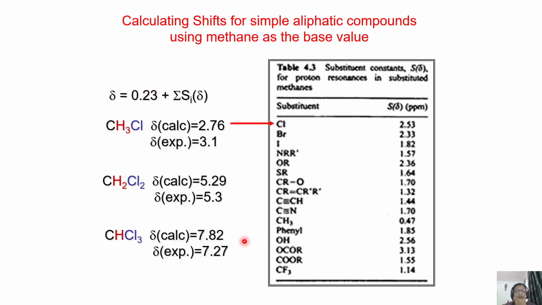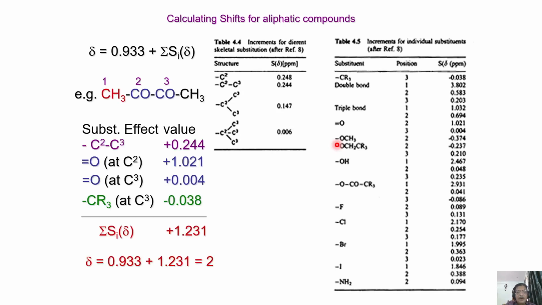So all this value of prediction of the chemical shift using Gibbs-Scheele rules gives you an idea about the contribution from the different substituents. You should know the contribution from each of these substituents. If you have a table, if you know the base value, you can arrive at an approximate value of the chemical shifts. You can predict it. Okay, so with this last example, I am going to stop here because there is no point in going too much into this. The basic idea is, with a base value, you have to add the value of the